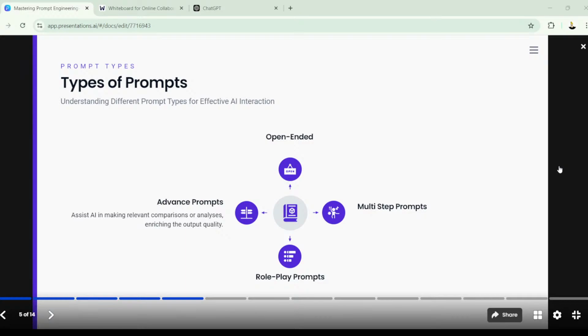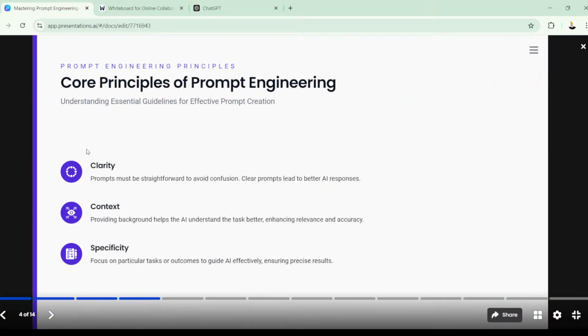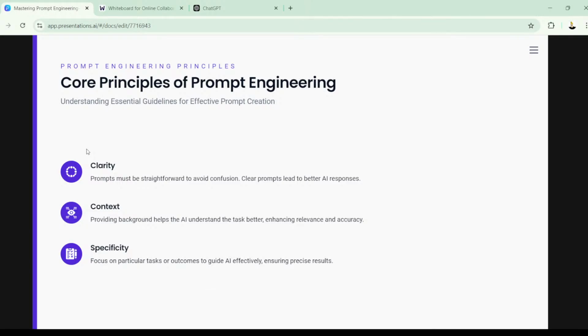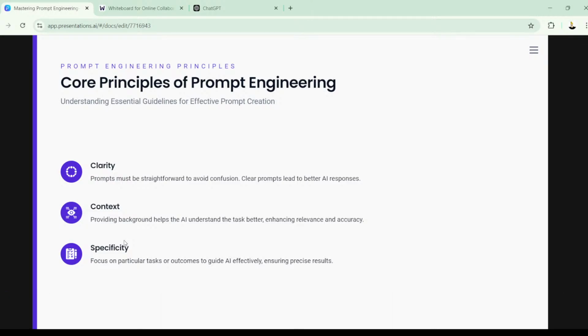So the key points to remember are clarity, context, specificity, right? When giving a prompt. As a conclusion, I will conclude this for you, okay? When you are giving a prompt, these three things you have to keep in mind: clarity, context, and specificity,